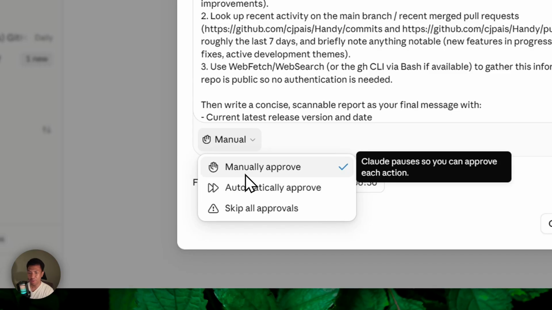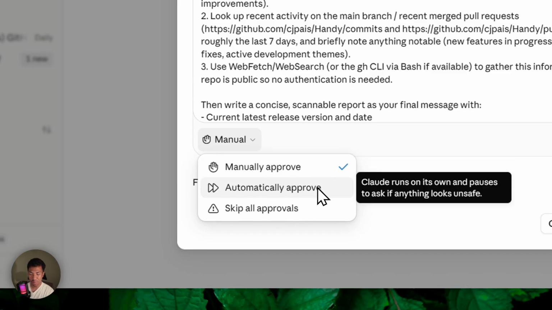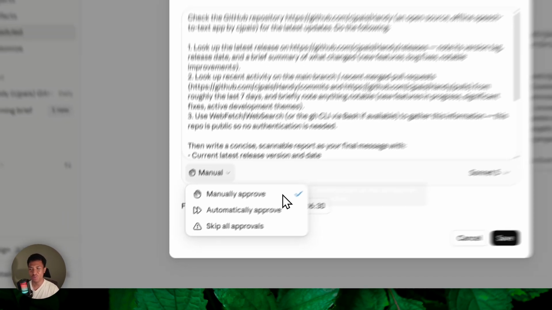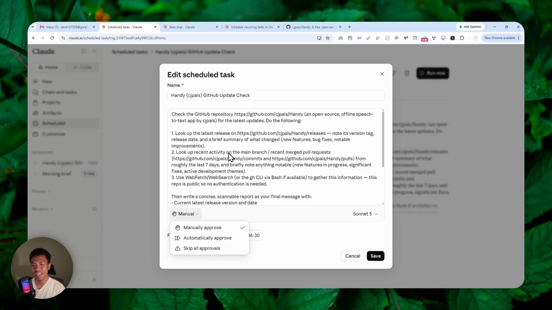So if you go with manual or automatically approve, AI might get stuck in a loop in a way that it is not going to be able to proceed. So every time AI like Claude wants to do something or use something, it's going to ask you for permission for security and safety reasons. So that's actually a good practice. That's a good policy. But if you want it to run automatically on schedule, then that's going to be a big barrier, because it is going to be blocking AI from doing something useful,